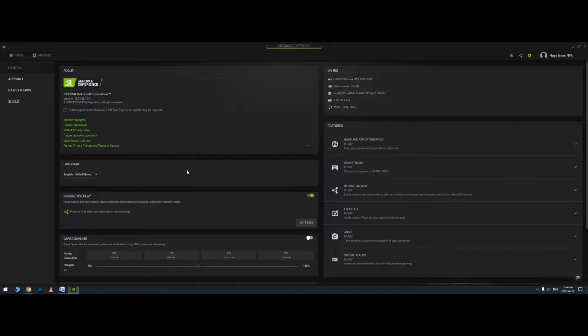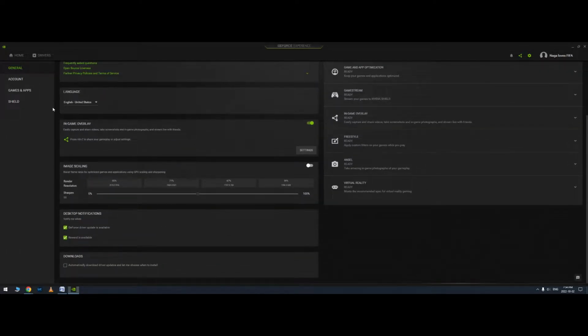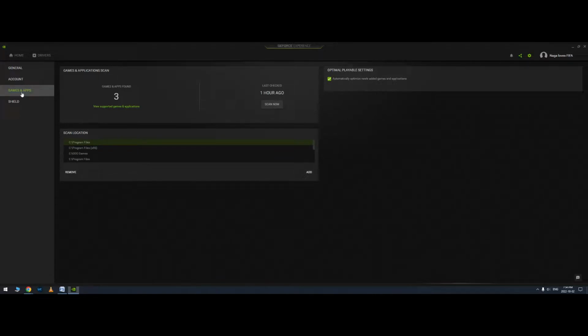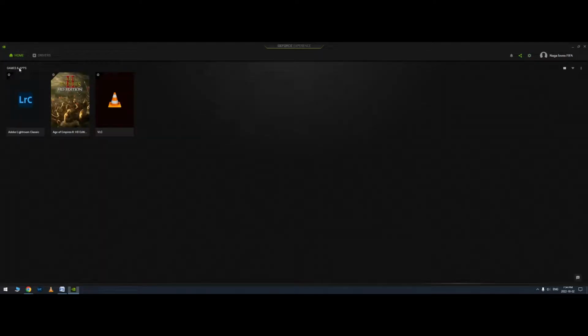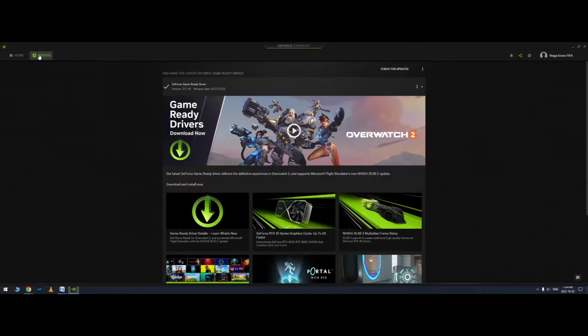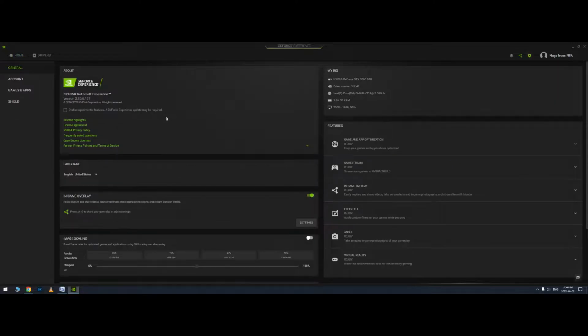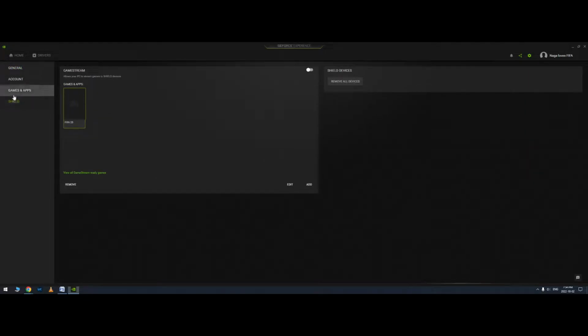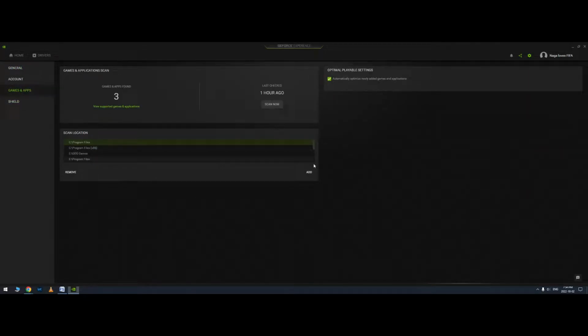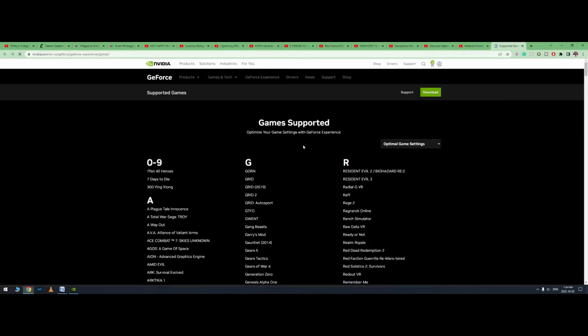I tried to scan so many times because under the games and apps, I don't see FIFA 23. I used to see FIFA 22. That's because Nvidia has not added the game yet, and that is a bit of an issue. See, game and app optimization, keep your games and applications optimized. So with this one, I do not know why. With game and apps, I tried to scan it so many times and then see view supported games and applications. You go on here,